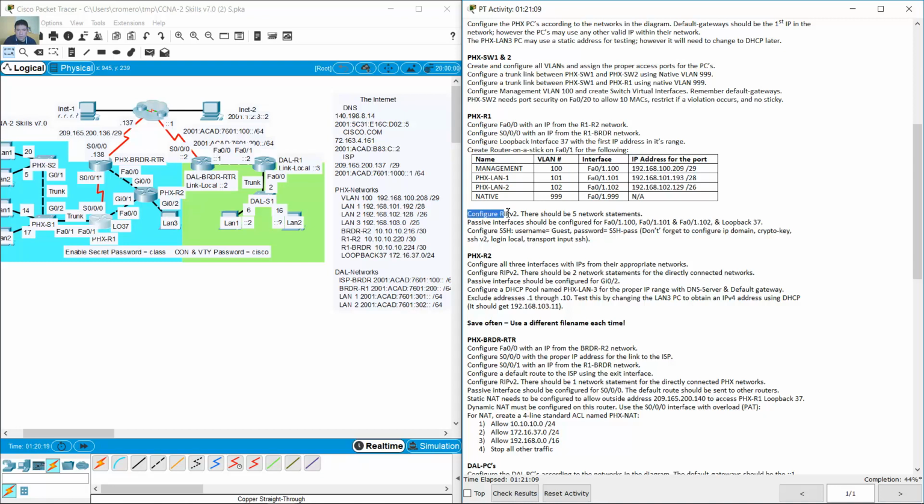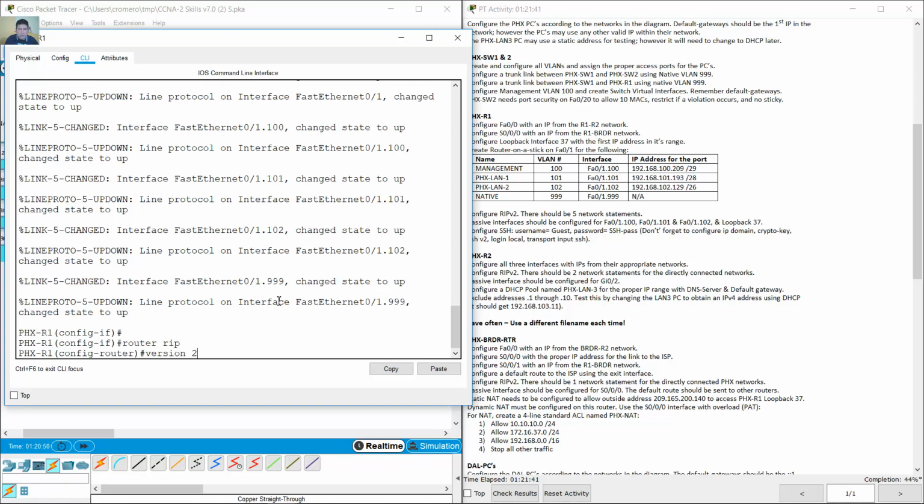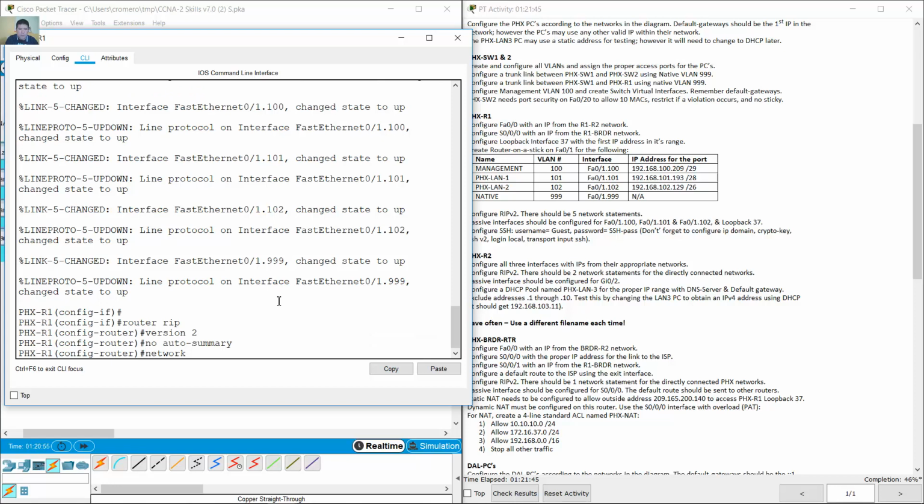Okay, configure RIP version 2. 5 network statements, passive interfaces, including the loopback and SSH. Router RIP version 2, no auto summary. Network. These 3 networks,